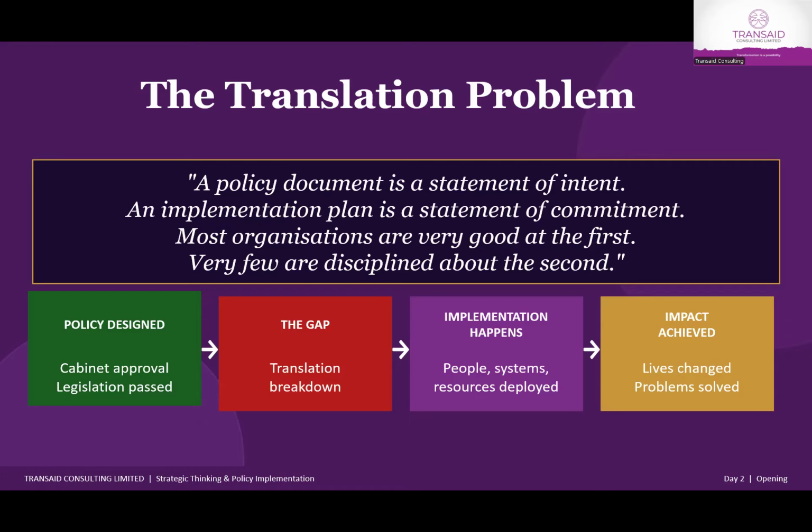Another example, let's say a ministry says, we want to go digital to eliminate paper-based delay. Good policy. But the implementation plan must now include that we need to buy scanners, retire physical filing cabinets by, say, June 1st, 2026, and train 200 staff on the new e-portal. Those 200 staff, you will not just get them like that. There are things you do to get the number you want. There are things that must happen. This must happen before the next.